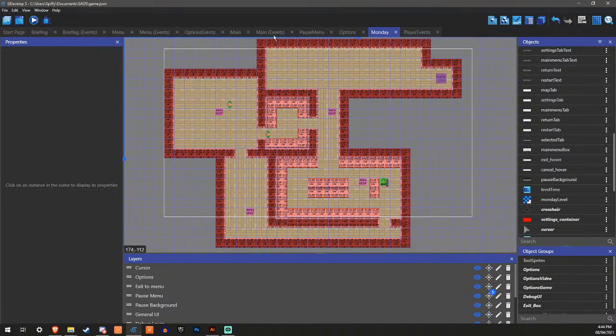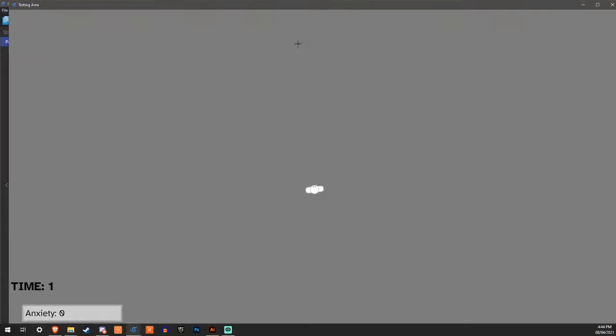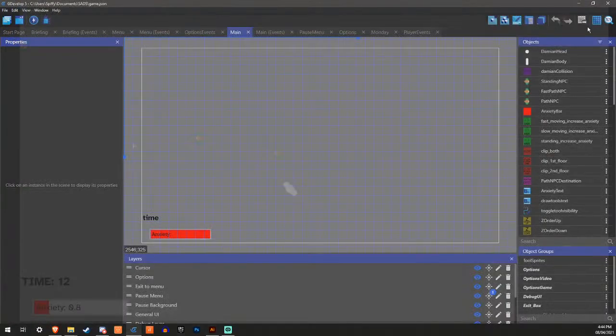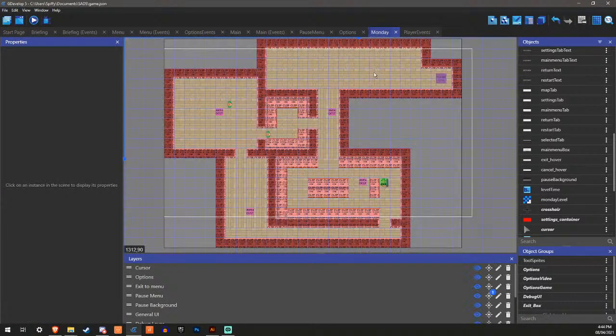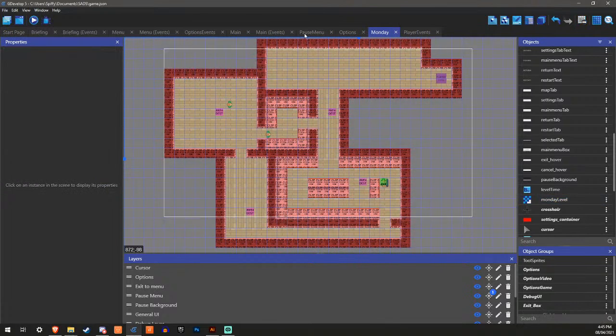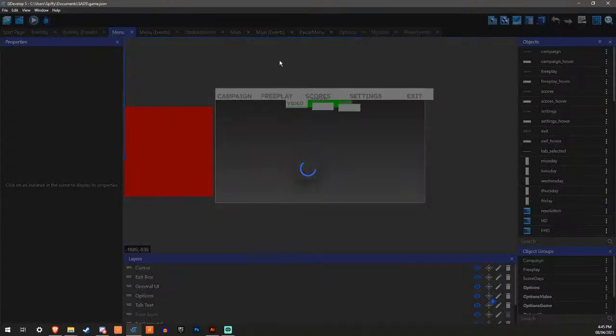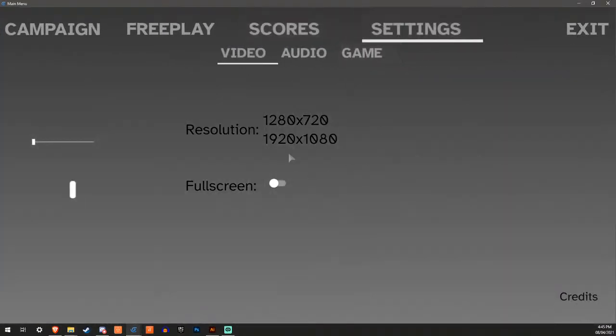Let's see how this plays then. I hope it plays well. Oh, I can't even see it. And I'm not colliding with anything. And they're going in the opposite direction. That's not good at all. Okay then. That is not at all good. Interesting. Interesting. What if I started off in the menu? Did like that.